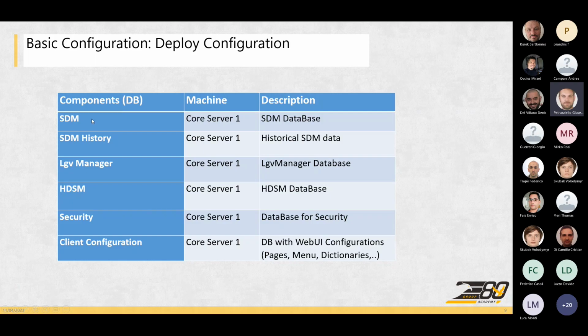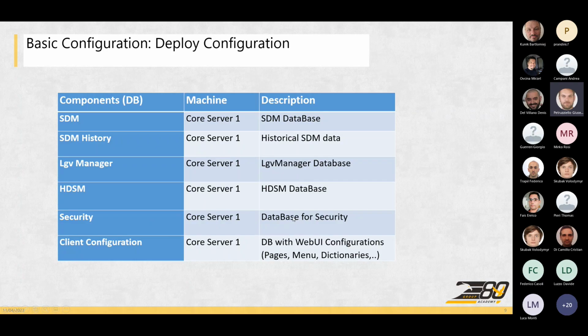Especially the SDM database, and the SDM history, used for historical data, for example about transport orders and information about shipping and so on. So, the database related to LGV Manager,